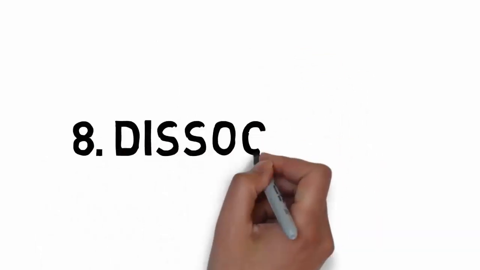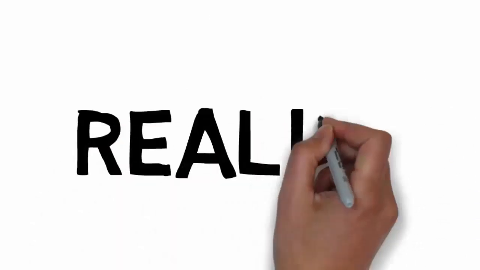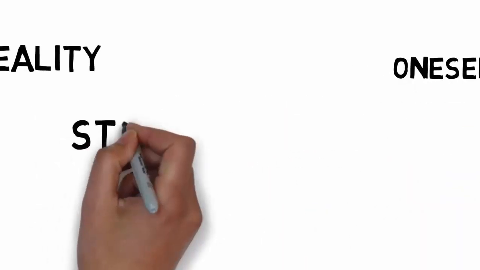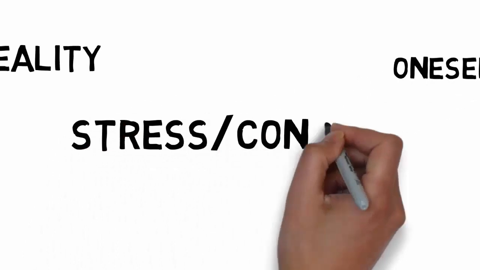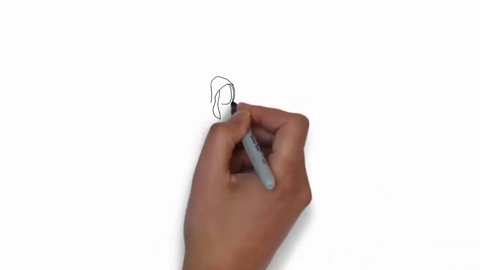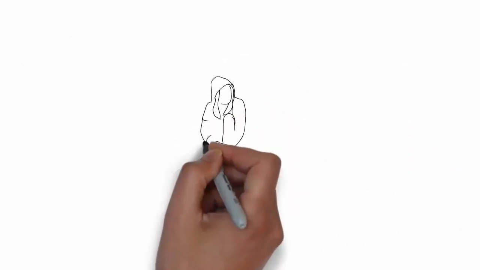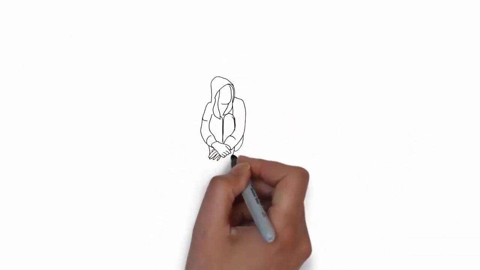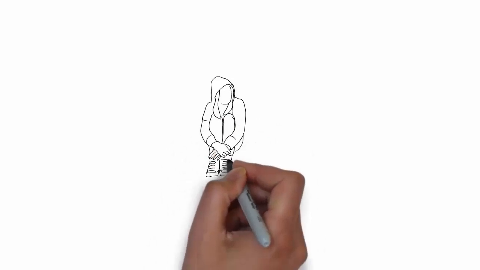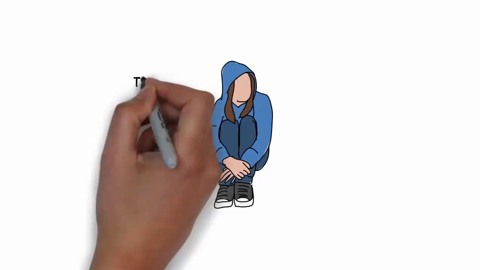Number 8 defense mechanism is dissociation, detachment from reality and from oneself, and finding another representation of self with extreme stress or conflict. A person who uses dissociation as a defense mechanism disconnects from reality and lives in their own world in which they do not experience unbearable thoughts,